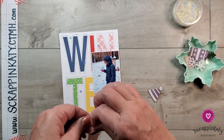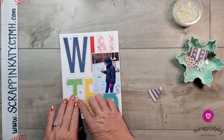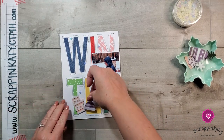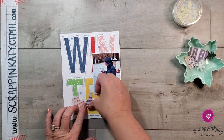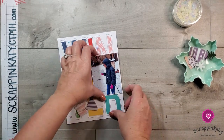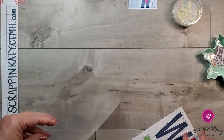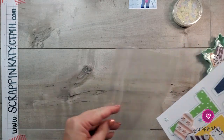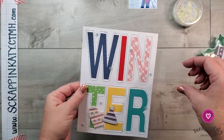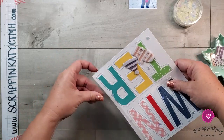So go ahead and peel that off. Stick it right there. And then this little toboggan or beanie or whatever you call it from wherever you're from. And then we can go ahead and slip this. So this will be page 2. So let's go ahead and do it